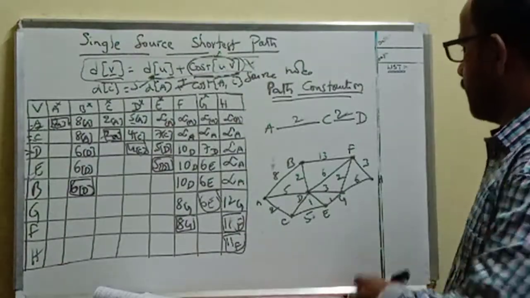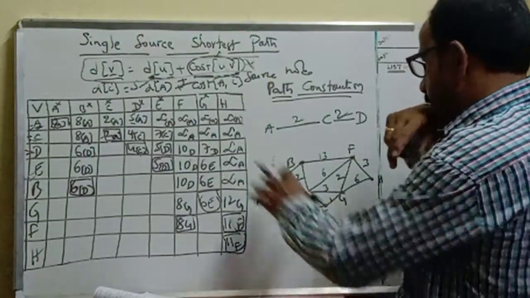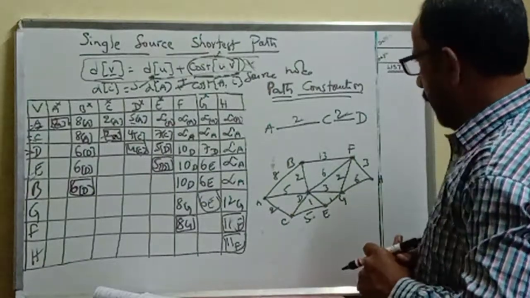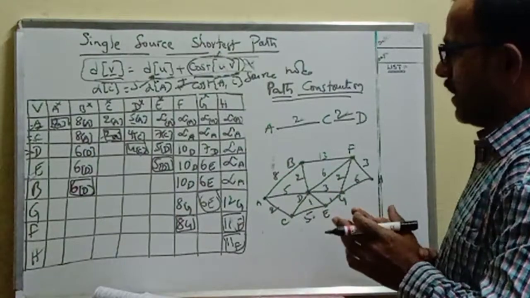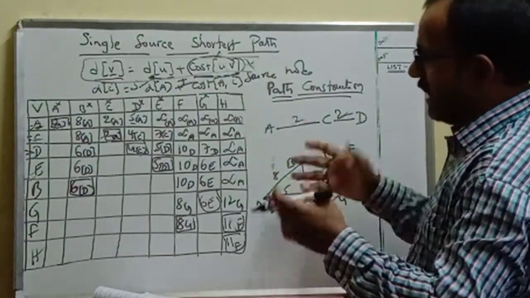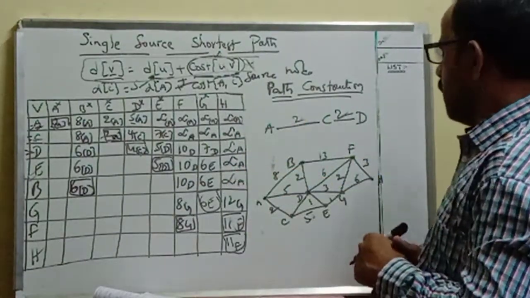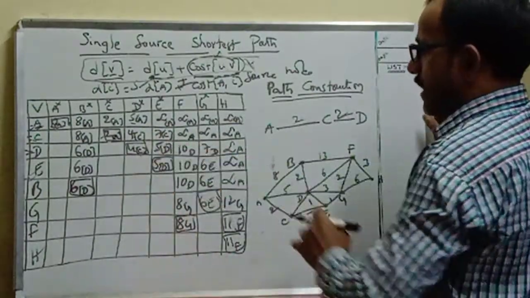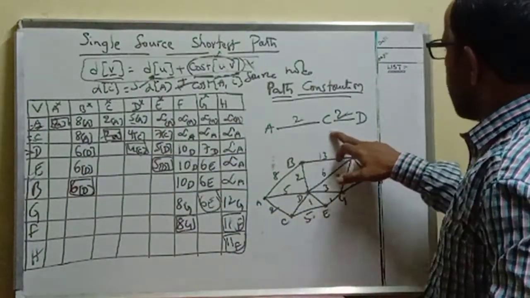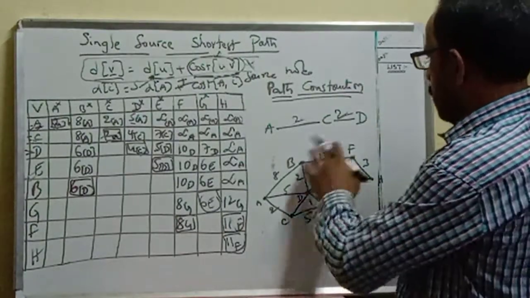Okay, the graph is this. Earlier I took this graph, and based on that graph only I constructed the table. Now, if you want to construct A to D, I will use some sample paths. One is A to B, and another one is A, some 2 to 3 sample paths I will show you. Based on this value, we can observe this. Okay. So, A to C, C to D.